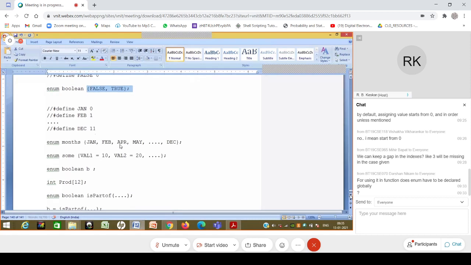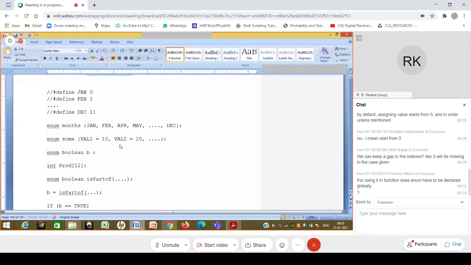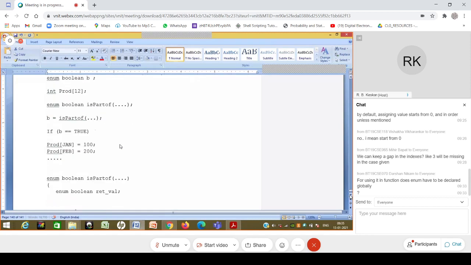But that doesn't mean that we should relax. Rather, it is good programming practice: if you are taking enum boolean as a type, then it is the programmer's responsibility to make sure that whatever values are assigned to this enum boolean b are actually part of the values of that set. At most, if you use some value which is not defined, it will complain about it.